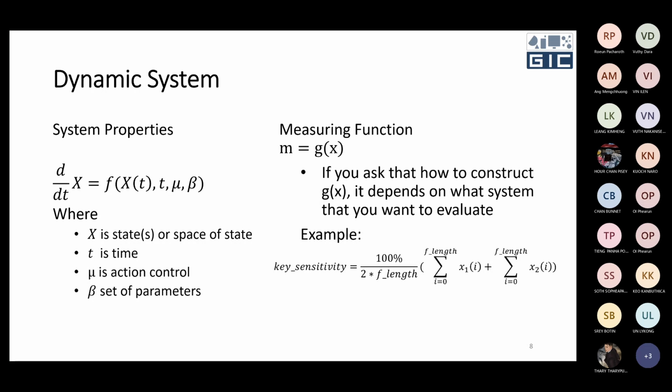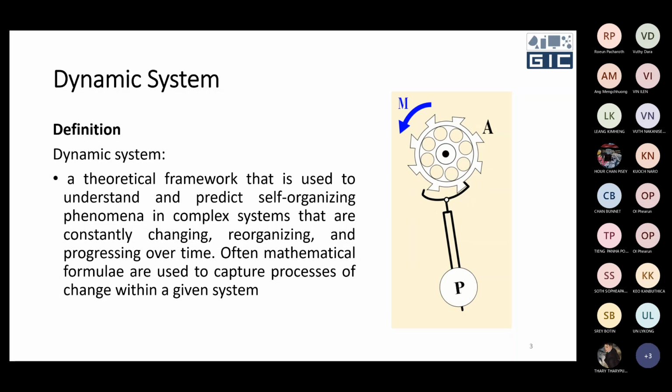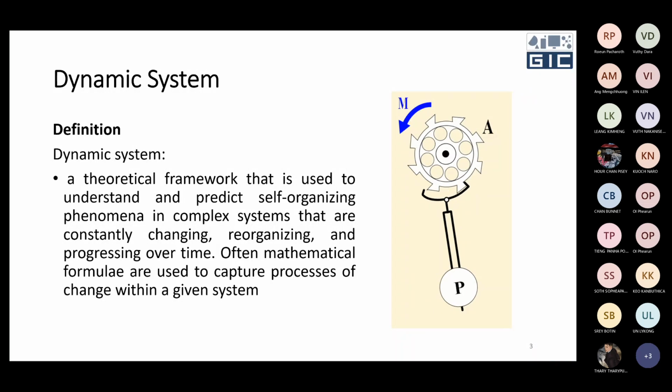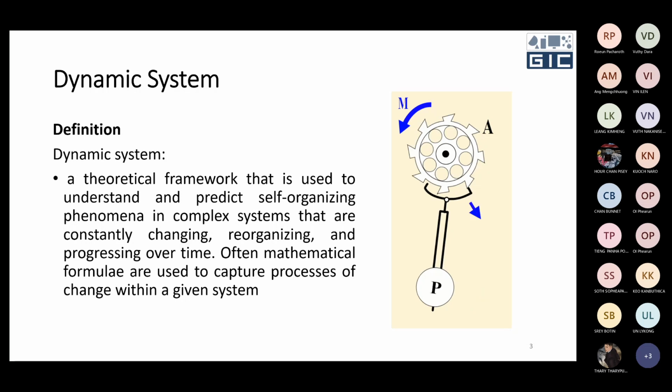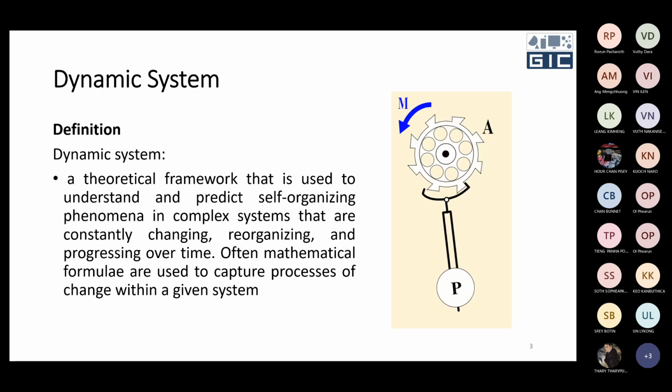For example, if I move back to the first figure, A is a kind of mechanism that tries to move the ball here. So when you move M, the position of M is the way you control the action of the ball, or you can say it's a kind of clock. M is the kind of control action. You try to control the movement of the P. Those kinds of things we call mu.